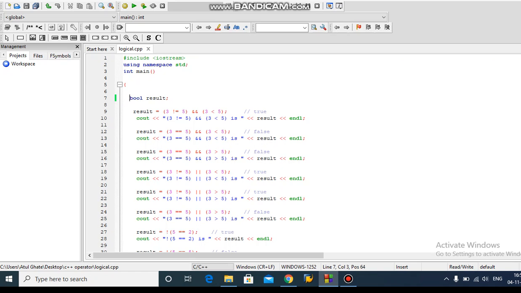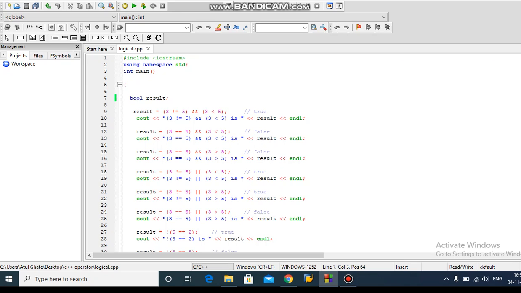Both the conditions are false. So it also gives the false result. The definition of the logical AND operator always says that both conditions must be true, but in this case both conditions are false. That's why it gives the final result false.